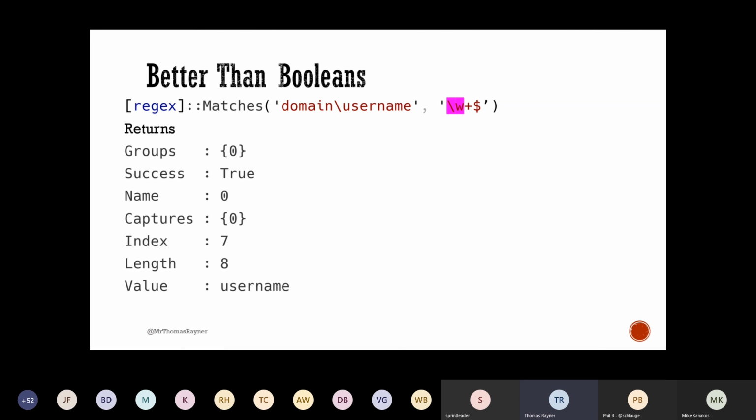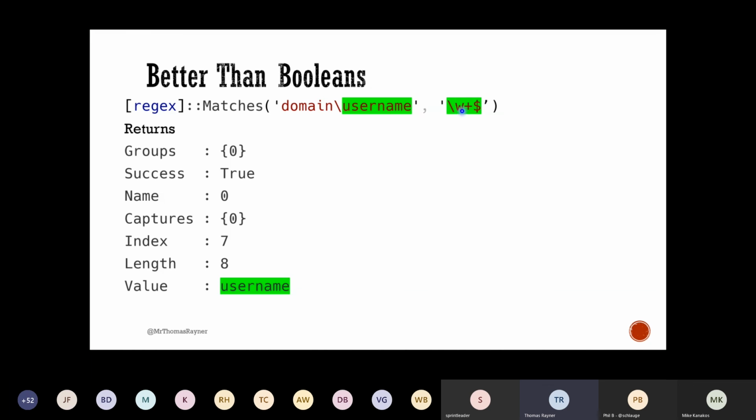And so my regular expression, touching on this again, is \w, so a word character, one or more of them, and then the end of the line. And so this method is going to go, there's a word character, there's one or more of them. Oh, it's not the end of the line, it's a \. Does it just give up? No, it will not be deterred. It's going to look again and it's going to go, oh, that's a word character. That's one or more of them. And that is the end of the line. So I did find my pattern. I found it right there in the word username. And that's part of the match that gets returned here. You can see that's just the value.